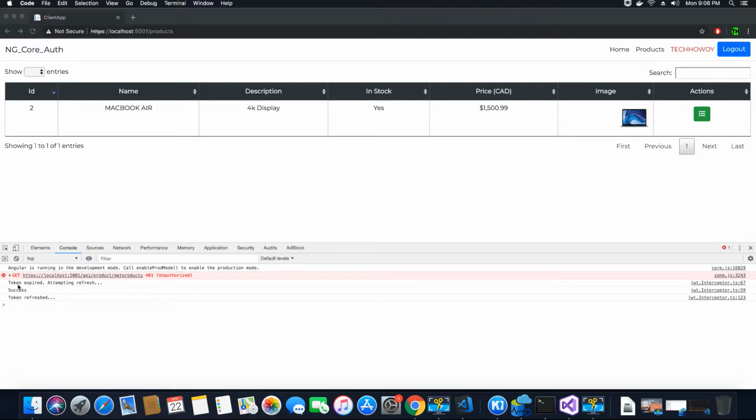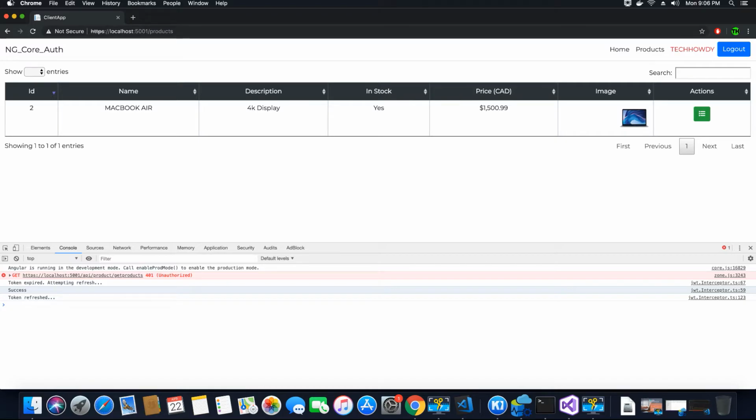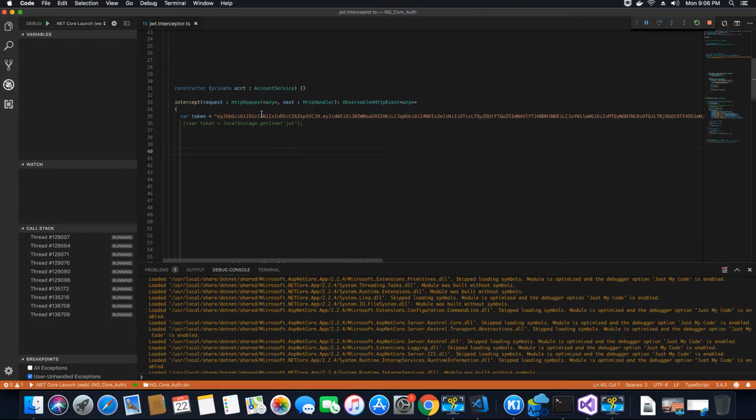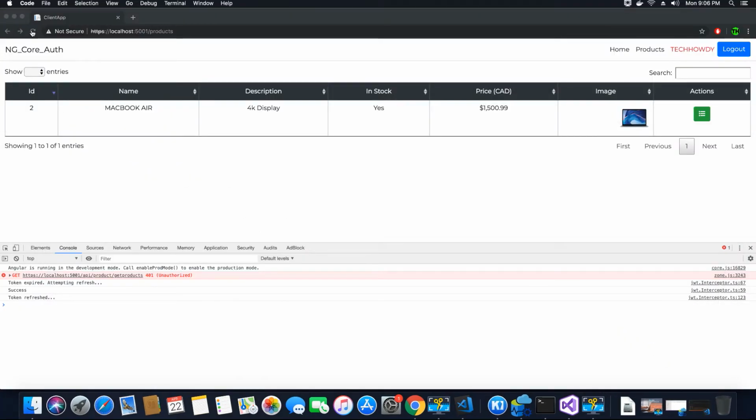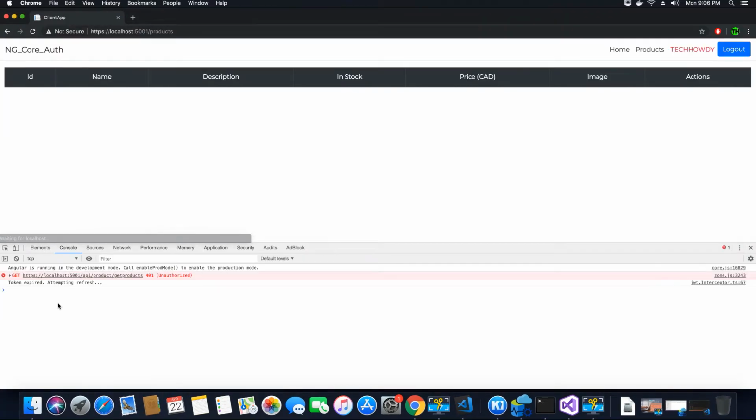So we attempted to refresh the token, and it was a success. We have now refreshed the token. So even if I refresh it now, it's not going to get the token from the local storage because I have changed the code and assigned a token that is already expired. So every time it's going to use this token instead of getting the valid token. So now if I again try to refresh this, you see it will